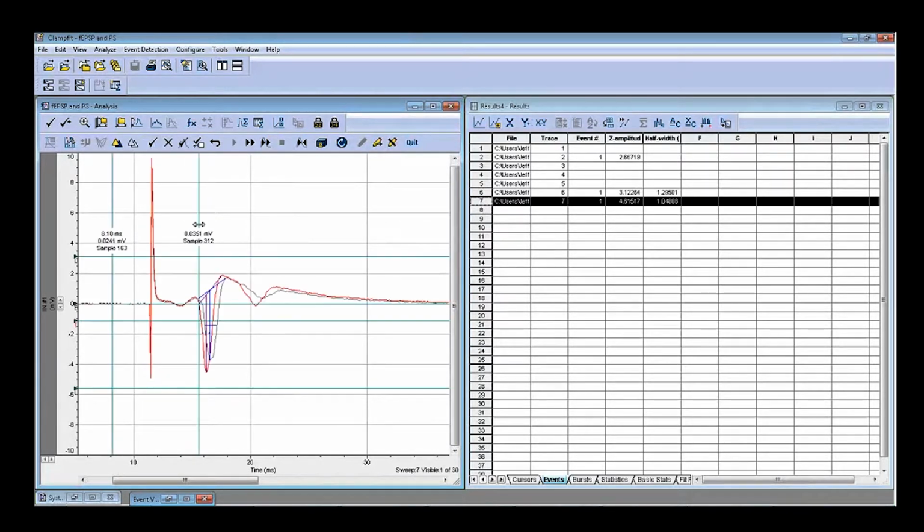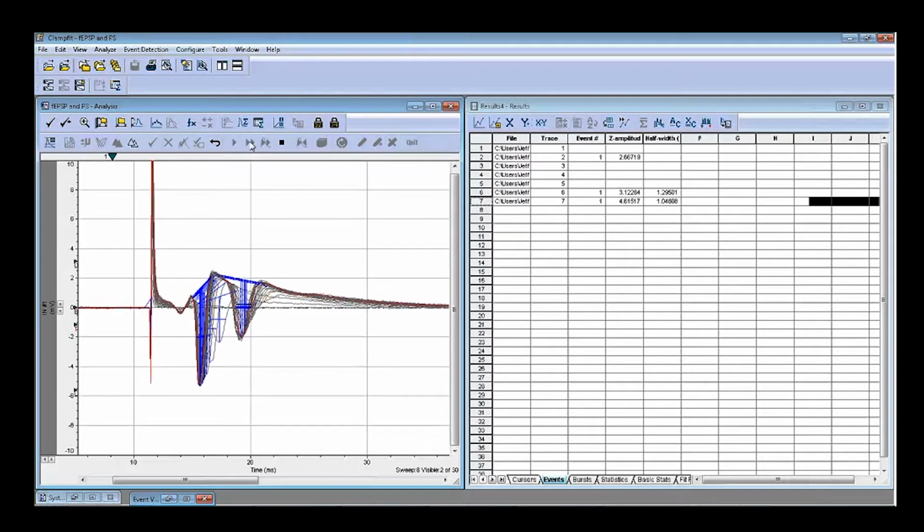You can change the time, right? So basically, you can change it. You can move it. Okay, so this is what I'm trying to show you: how you can edit the event during the search. Okay,